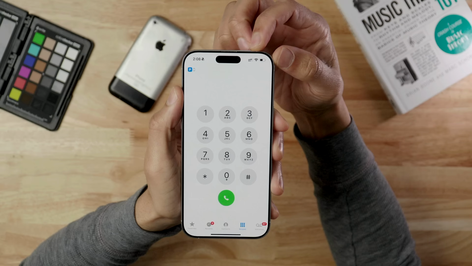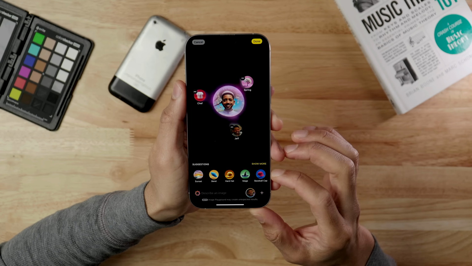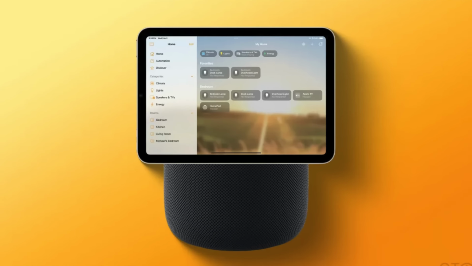50 plus new changes and features in iOS 18.4. There's a lot here. In this latest episode of iOS Decoded, I show you everything new and break down what